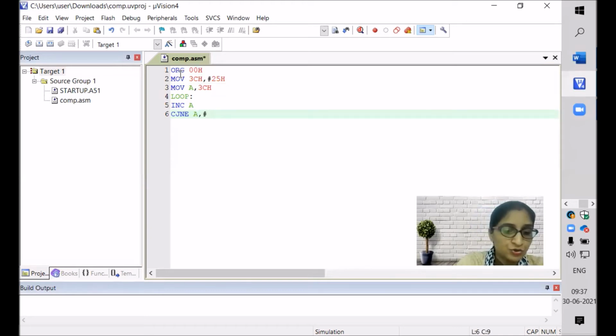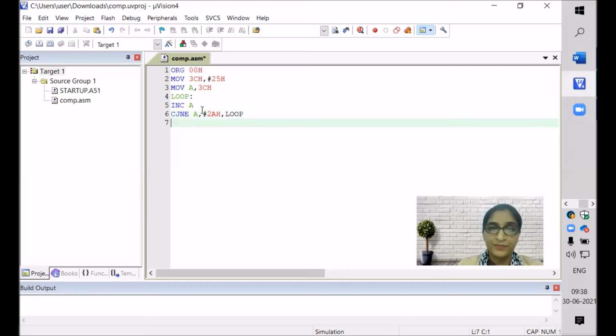So hash 2AH. Now this will compare between accumulator and 2AH, comma, loop. If this instruction is not equal as per CJNE, then it has to jump, right? And we are just ending this program.